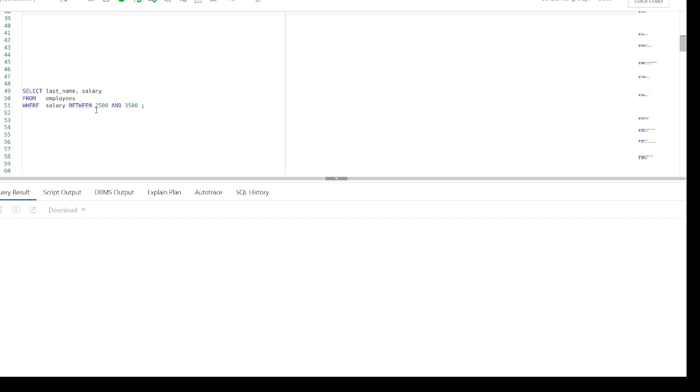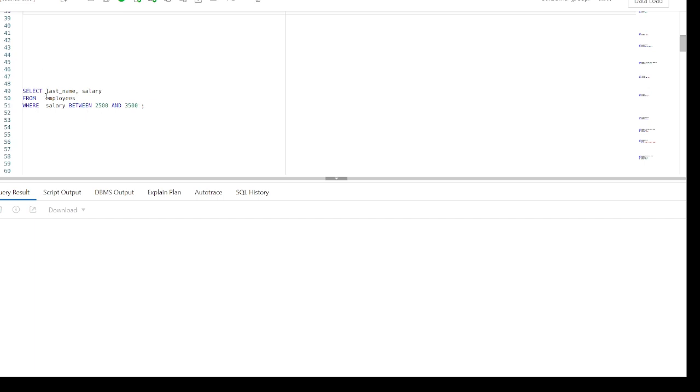So here the range that you specify will contain a lower limit as well as an upper limit. The select statement will return rows from the employees table whose salary is between 2500 and 3500.